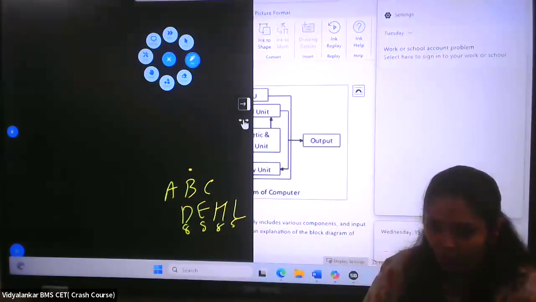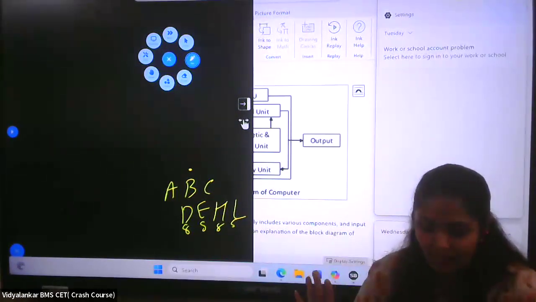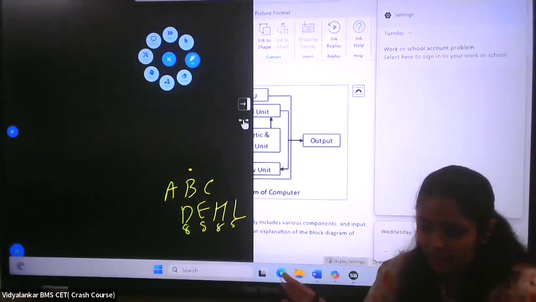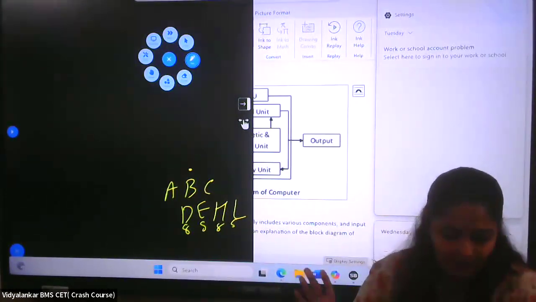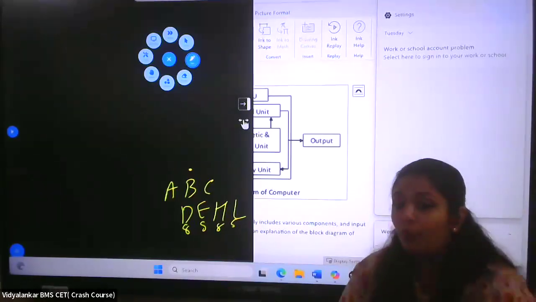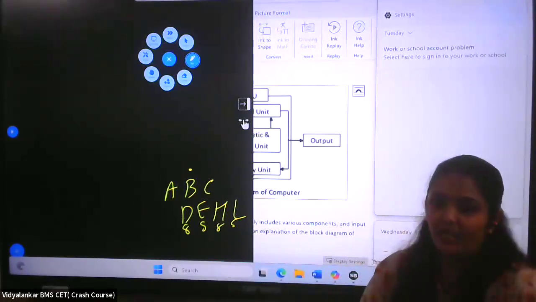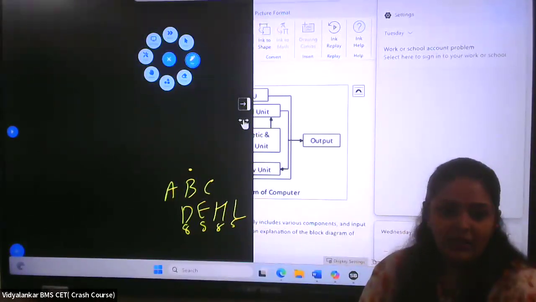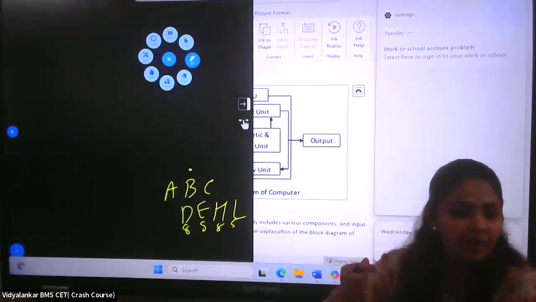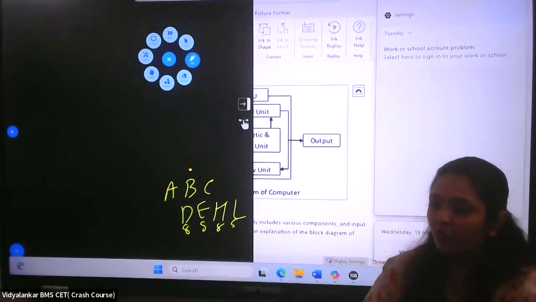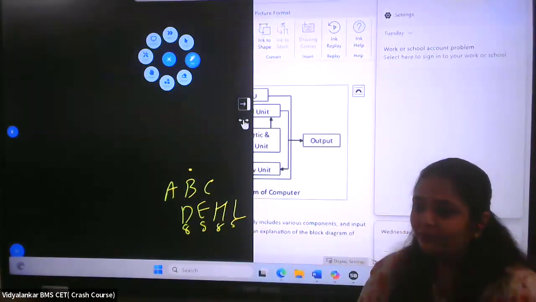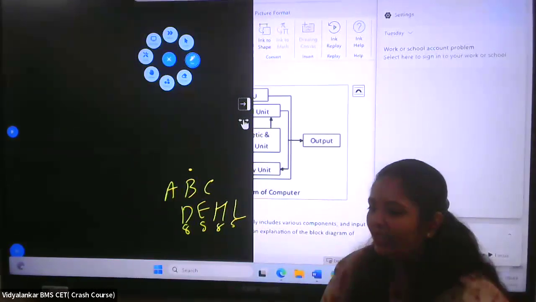Now, dash is a small portable flash memory card that plugs into computer's USB port and functions as portable hard drive. Option first, that is flash drive. That's your USB. आपका जो USB रहता है ना, पेन ड्राइव जो बोलते हैं आप, उसको फ्लैश मेमोरी भी बोलते हैं, फ्लैश ड्राइव. Okay?